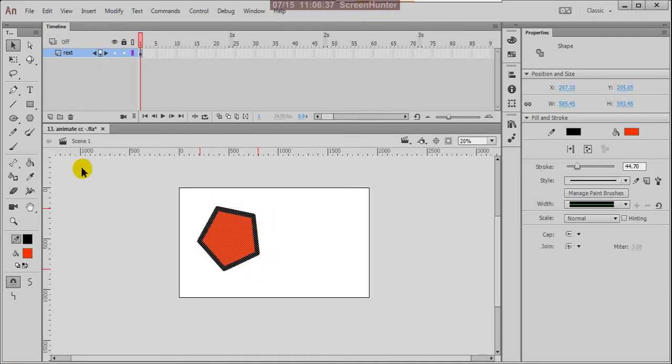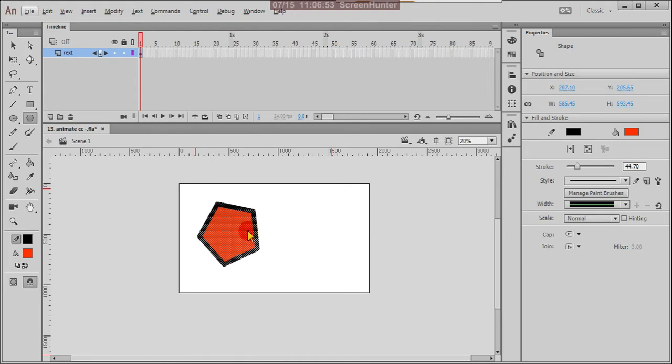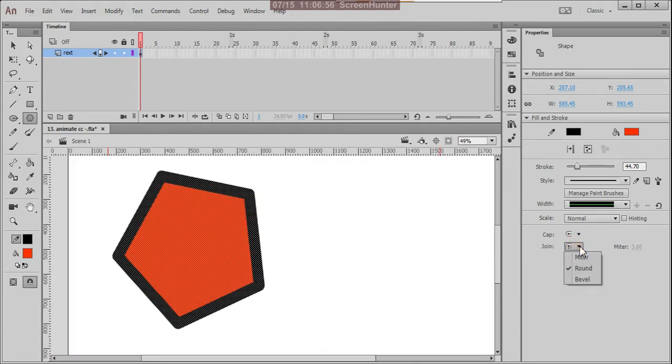Here the settings: if you check, the edges, sharp edges, are rounded or bevel. But by default it is miter.